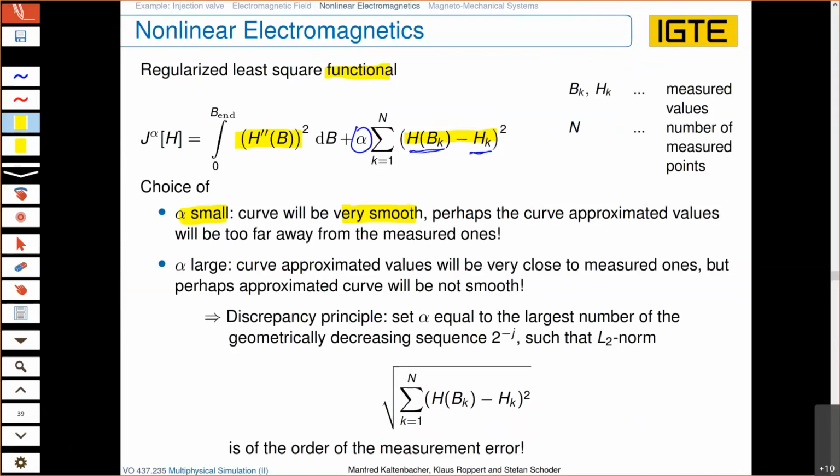On the other hand, if you take alpha very large, then clearly the second term will be the most important term. And you try to do an approximation in order that you really meet the measurement points, and that can result in a spline function which is quite oscillating. So a very practical approach is to use the so-called discrepancy principle, which means that we start with an alpha